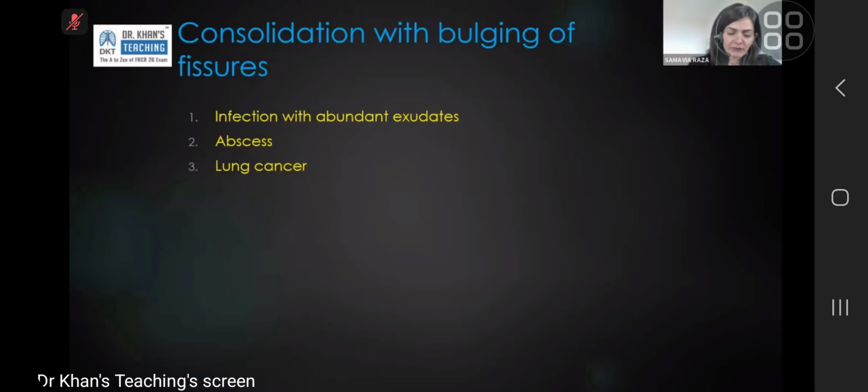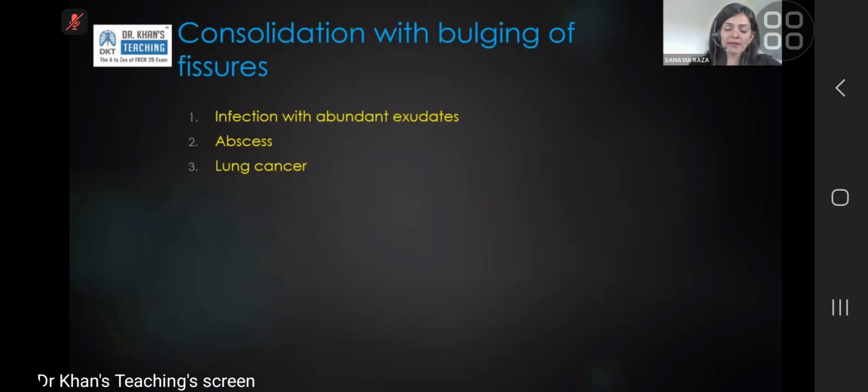Obviously, when that consolidation gets complicated with development of an isolated lung abscess, that alone has mass effect. So the abscess is a space that is getting filled up with pus within the lung. So that also will give you enlargement of the lung volume. So that also gives you bulging of the fissures. But obviously